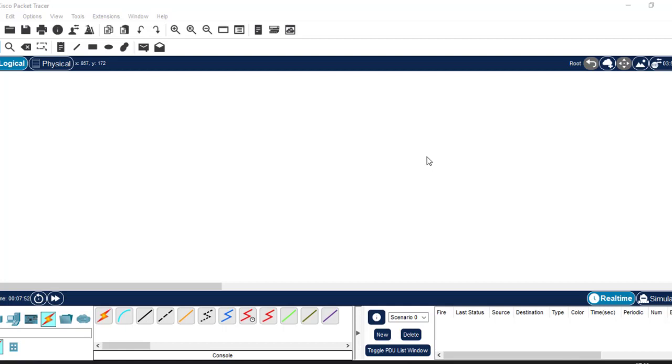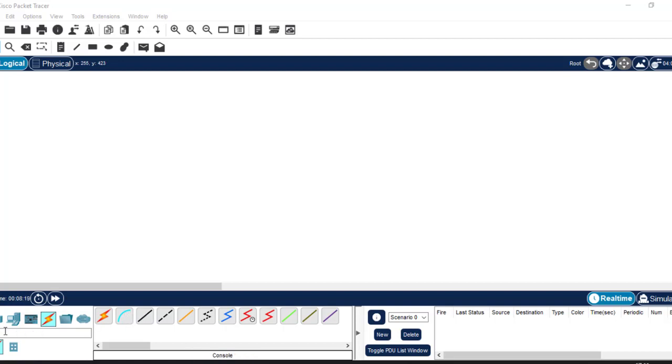Yeah. So, in the previous class we learned about how to connect devices using various cables, and we said that when you want to connect devices of the same type, you use crossover cable, which is this one. But when you want to connect devices of different types, you use copper straight through. But when you want to connect a device for configuration, want to configure a device from your PC, you use